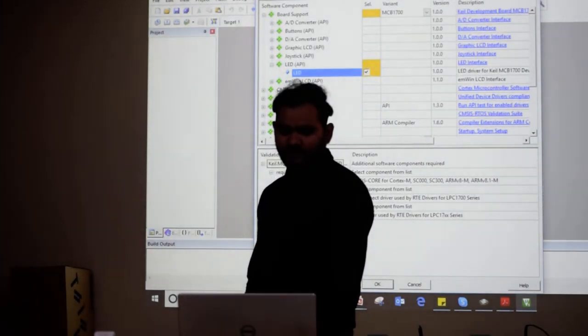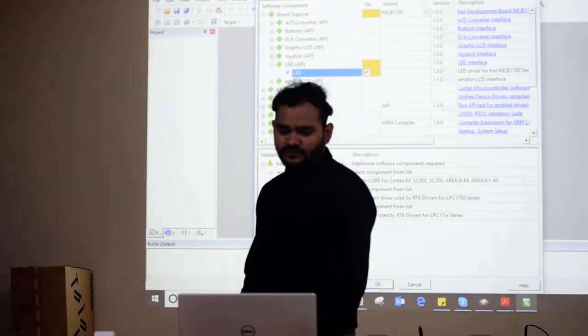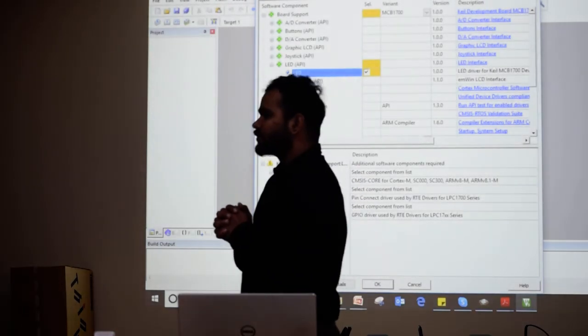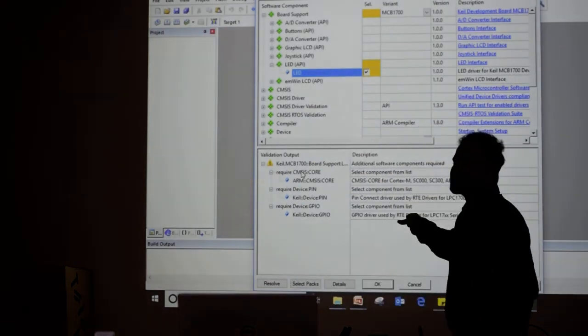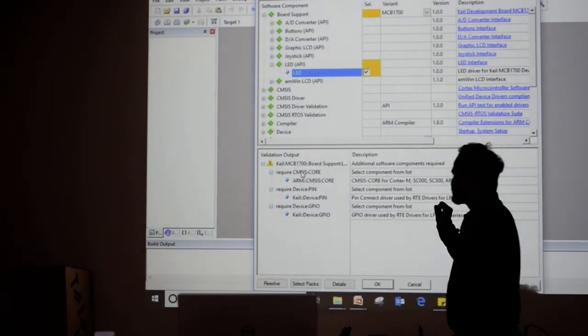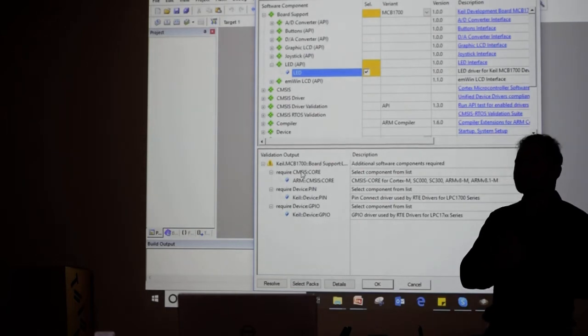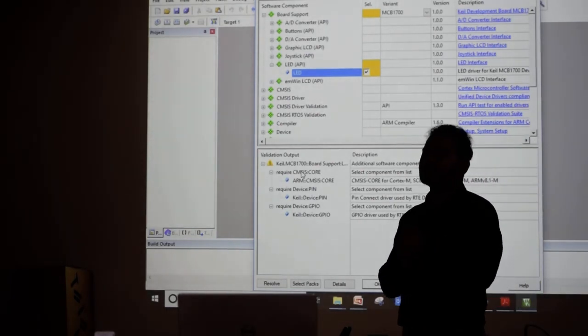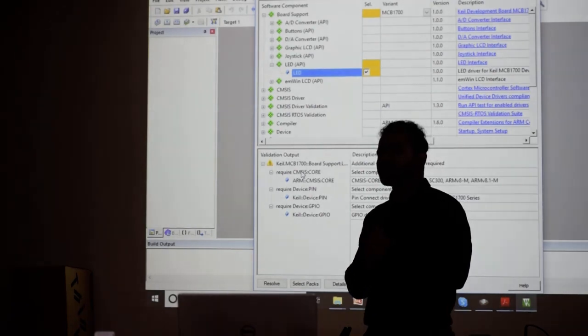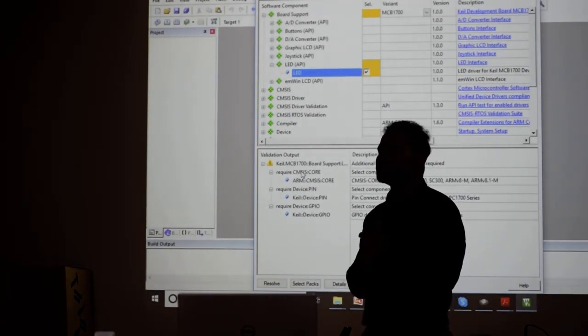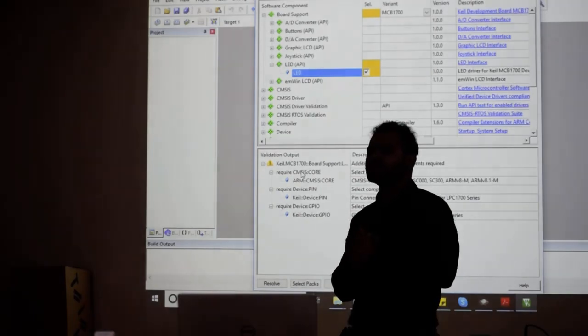Now you can see here the validation output. So when we do it using the software packs method, these are the dependencies we have to solve. So what is the first dependency? CMSIS Core. CMSIS Core will give a middleware to connect with the LED.